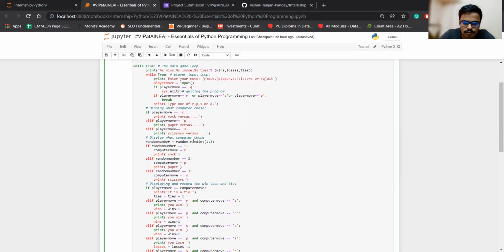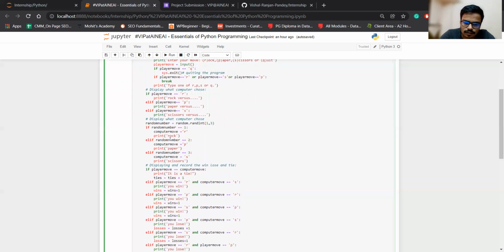To choose the computer's move, random number is equal to random.randint 1 to 3, which means it will take a random number from 1 to 3. If random number is equal to 1, computer move is equal to R, print rock.